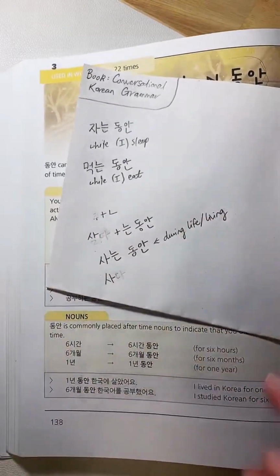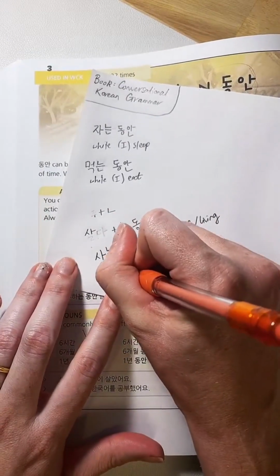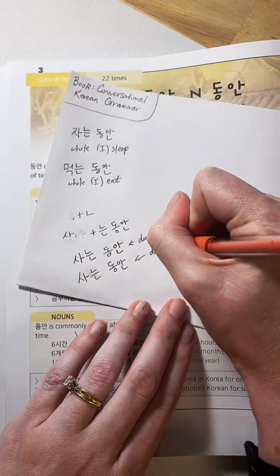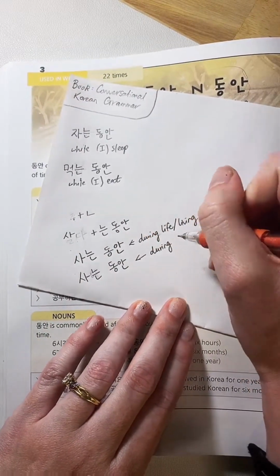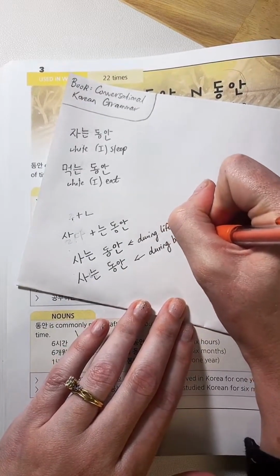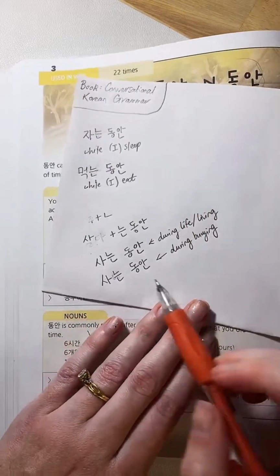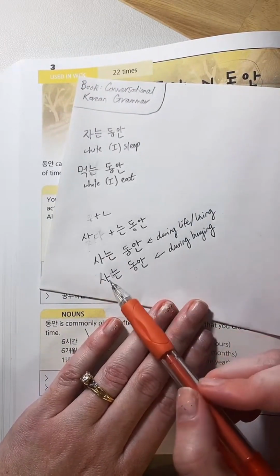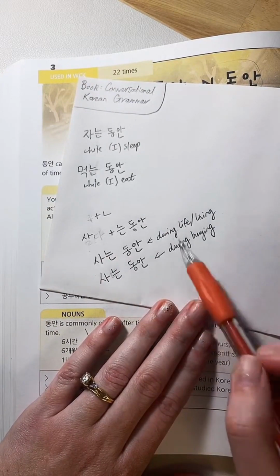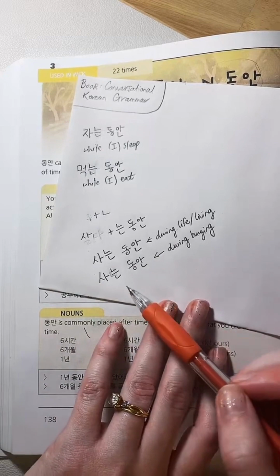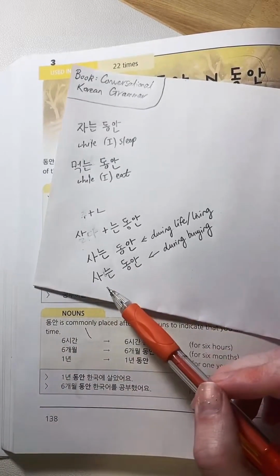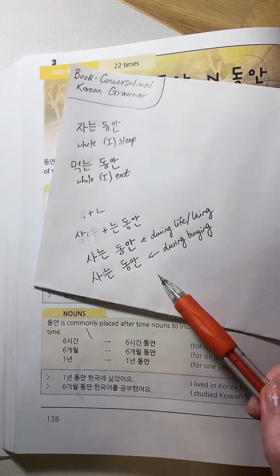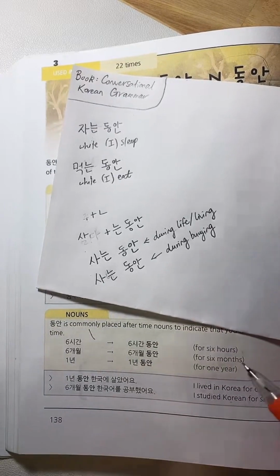So because 사다 just ends on this vowel sound, it also becomes 는 동안. So this is during buying, like while you're purchasing things. So they actually end up being conjugated the same way. 살다 becomes 사는 동안 and 사다 becomes 사는 동안. So just be aware of that. Depending on context, you'll have to figure out what the verb is, because just from this alone, it's impossible to know. But in the context of the sentence, it'll be pretty clear.